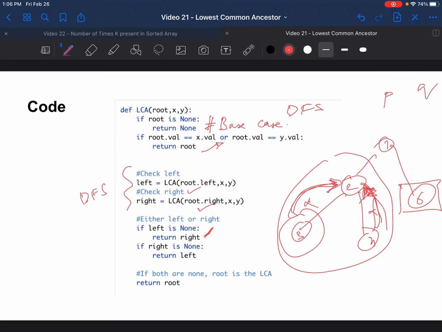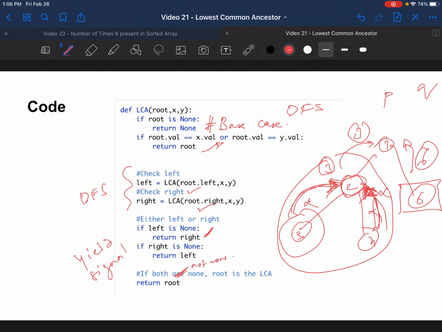And if you're looking for 2 nodes P and Q, in this case 3 here and 6, your left is gonna send the node 3, right is gonna be none, so your 2 is simply gonna return 3, and 6 is going to be returned. So it sort of works out if you think of DFS and what it's trying to do. Your yielding, is what I like to call it, yielding signal from either left or right. And there could be a case when both are none, right? So you couldn't find anything coming from left or right.